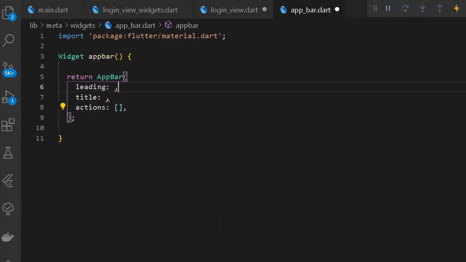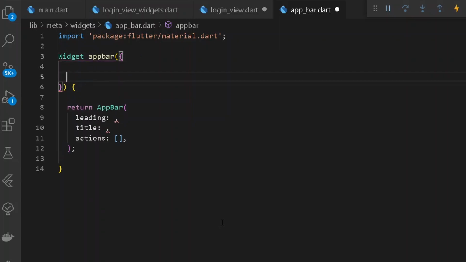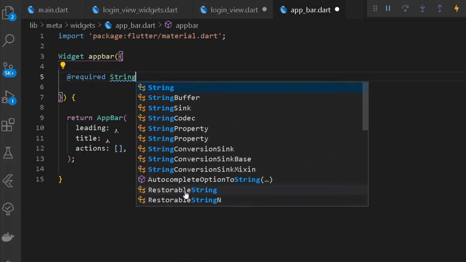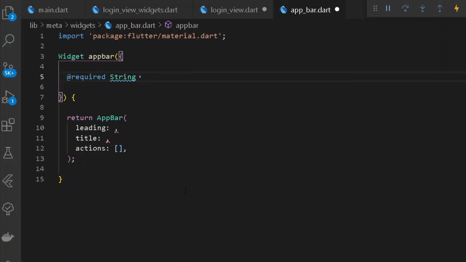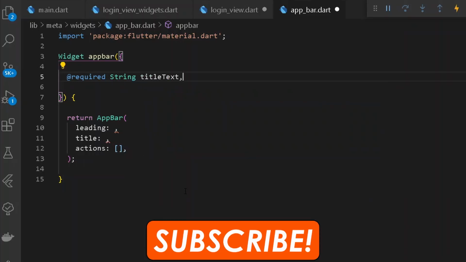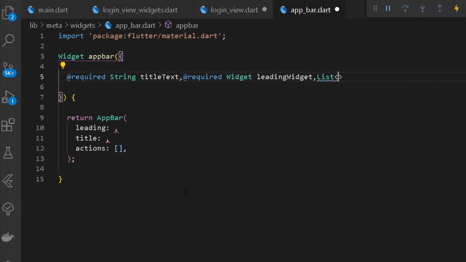So now to make the following thing happen, we can go at the top, and here we can have the required parameters for our entire app bar. So first thing first, you can simply add here a required flag. Let's import the following required flag, and here I shall be simply having a new string under the case of title, which will be a title text. Once we have done this, we shall also require a new parameter of a widget. So here let's have a new widget of leading widget, and after that we shall also be requiring a list of all the widgets under the case of actions.